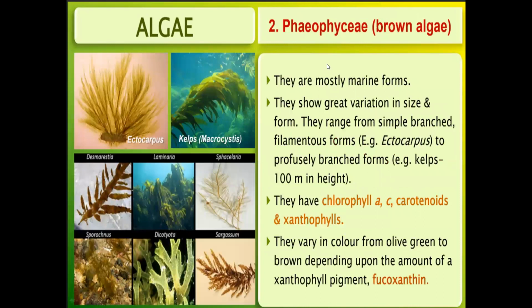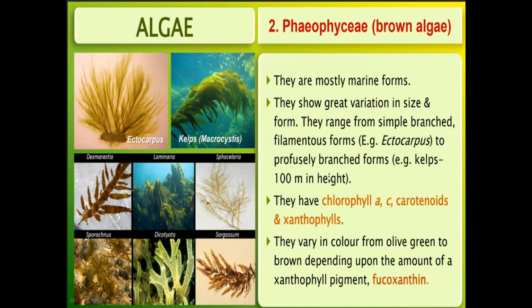Then Phaeophyceae. Phaeophyceae is brown algae. They are mostly marine forms. They show great variation in size and form. These are all Phaeophyceae. Examples: Laminaria is very important, Sargassum. They range from simple branched filamentous forms, for example Ectocarpus, to profusely branched forms, for example